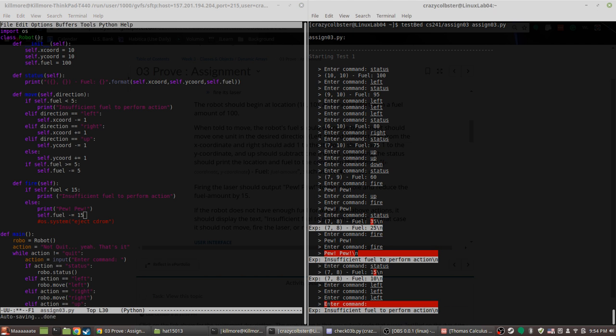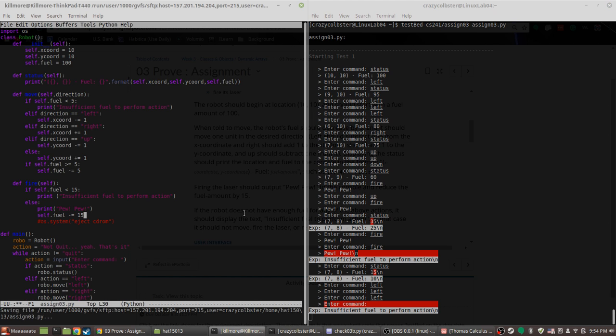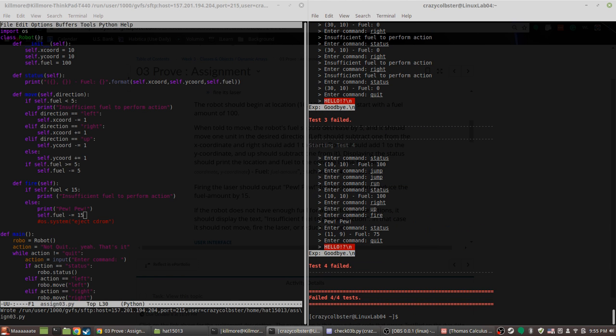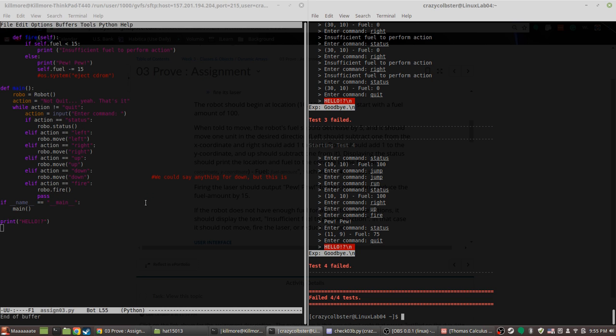Test bed. Woo! Wait. Did I not save? Test bed again. I did it. I got it. Colby, my program almost worked perfectly, except I left my initial thing in that I always leave in, which is like when I start a program, I'll just tell it to print hello, and I forgot about that, and I didn't put my exit thing in. So every time the test bed says quit, it says hello, and then it says expecting goodbye.